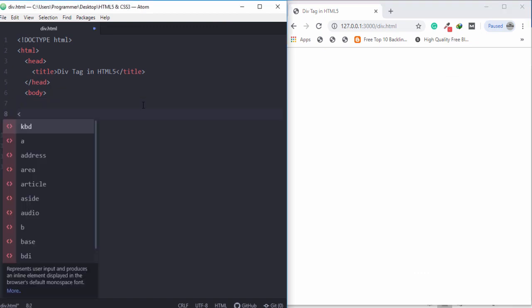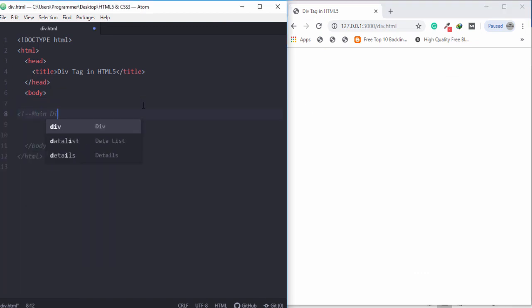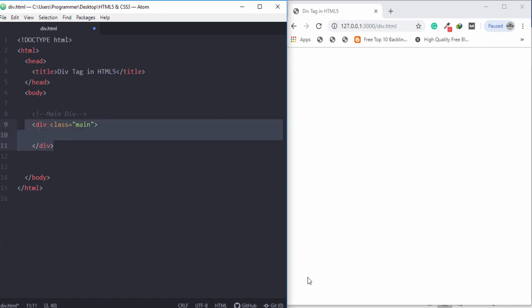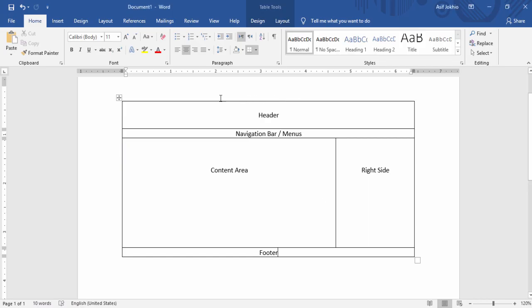First I'm going to use a comment, main div, right? This is my main div. I will assign the class main. Don't focus on the classes, IDs, and also the CSS properties. Just focus on the divs, right? This is our main div. This div has a border on the top, bottom, right side and left side, right? Inside this div,